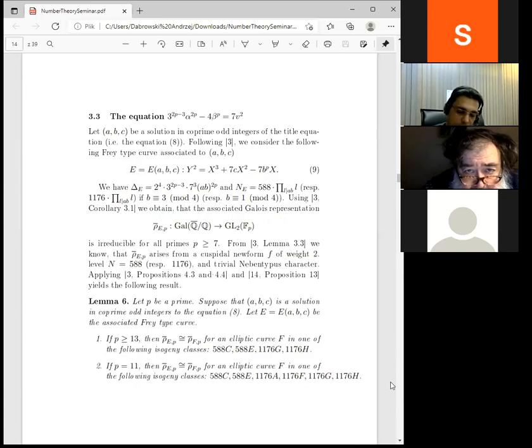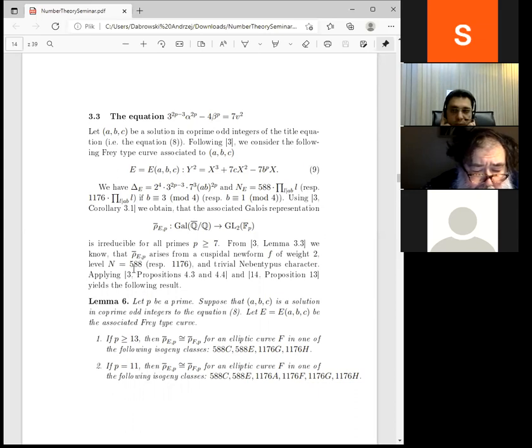Now let us consider the second different equation. Here the situation is much more difficult. Again, we can start because such an equation is of signature (2,p,p), so we can try to use the Bennett-Skinner strategy, but of course it is not enough. So at least we can consider the Frey-type curve constructed in the paper, calculate global discriminant, conductors, and of course apply level lowering. So we obtain